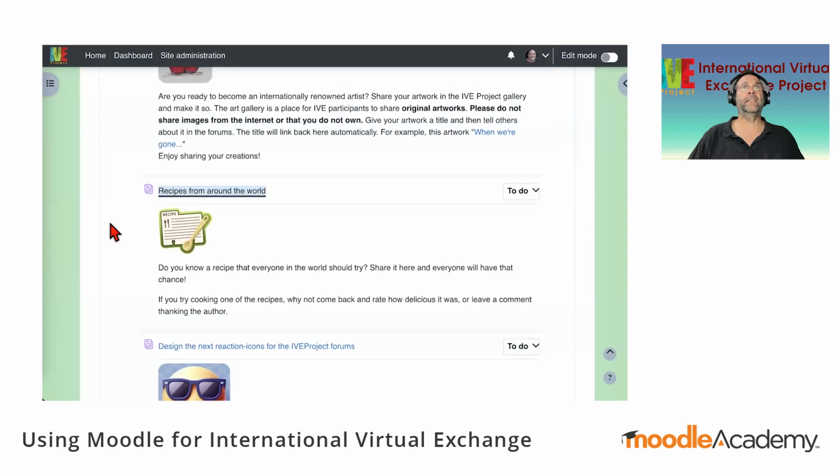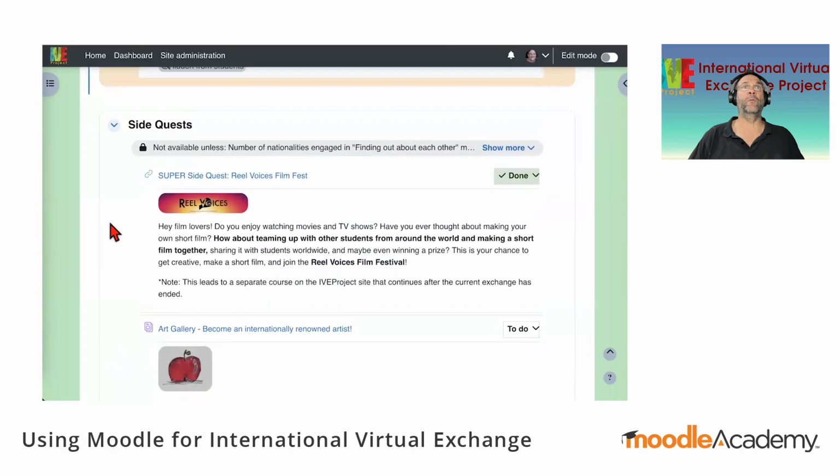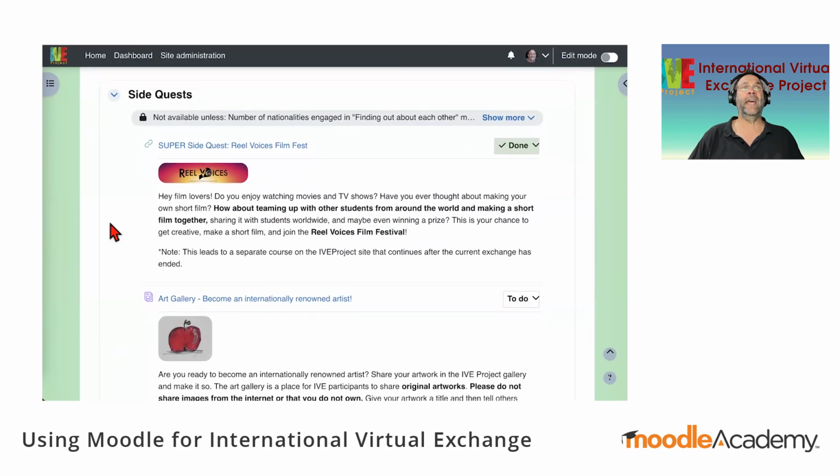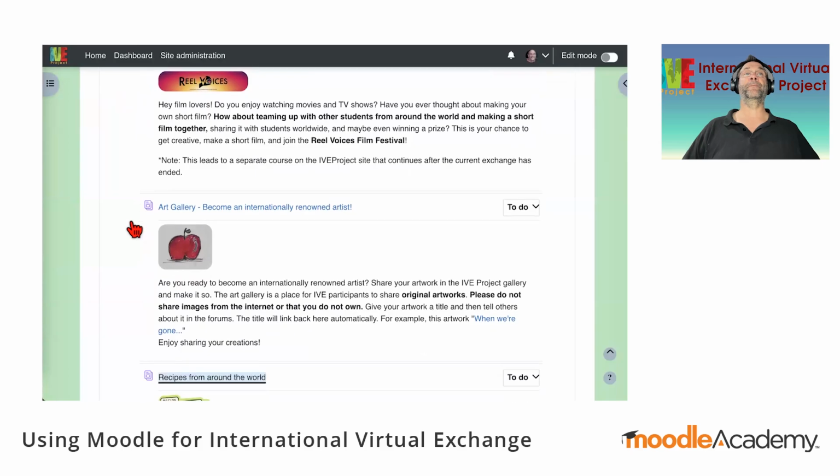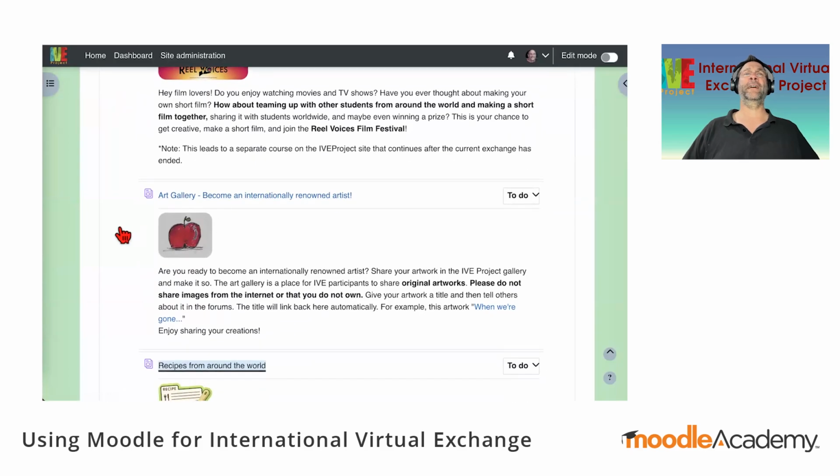Another area is what we call side quests, and one of those is the Real Voices, which is a film festival that's run by a group of teachers, and it's for students who are studying a foreign language. That is a really interesting side quest. An art gallery: we found that in the forums, students were posting a lot of their own art.